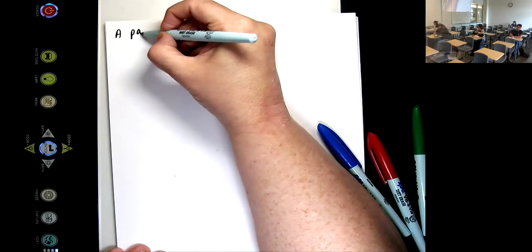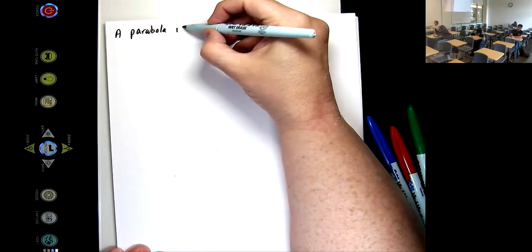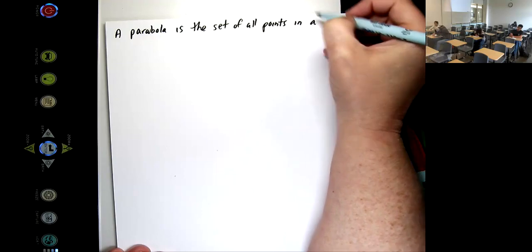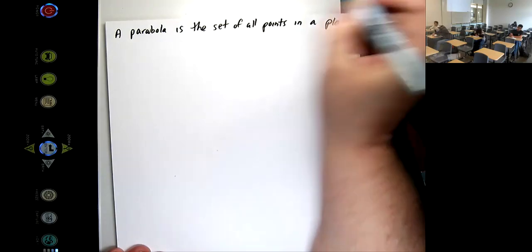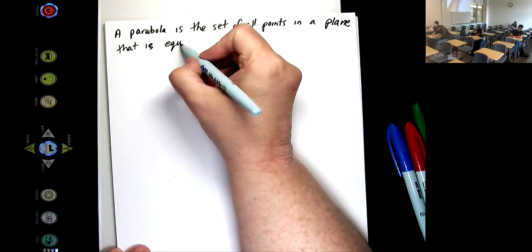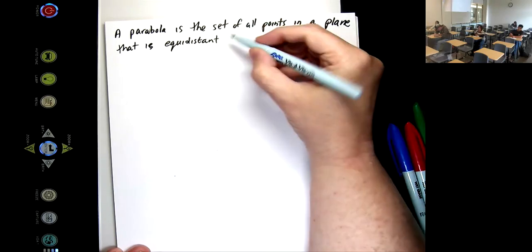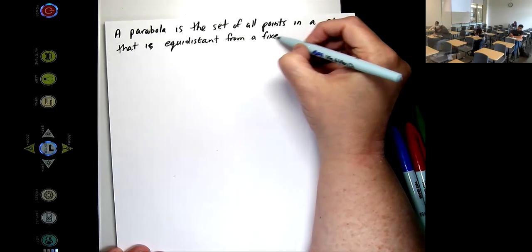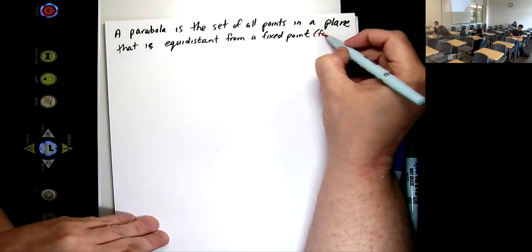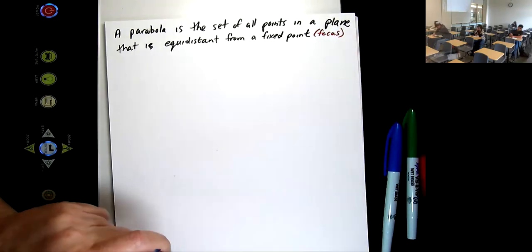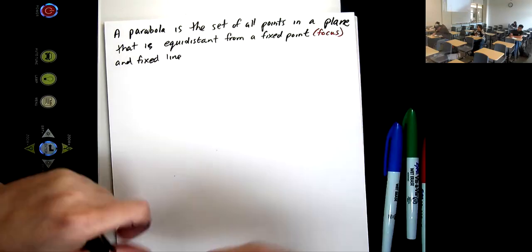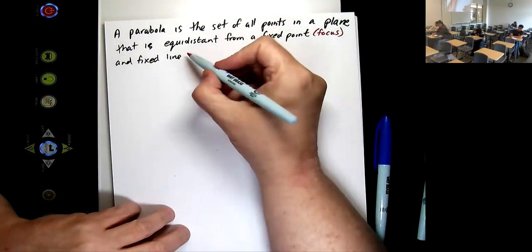So a parabola is the set of all points in a plane that is equidistant from a fixed point called the focus, and a fixed line. And this one is called the directrix,